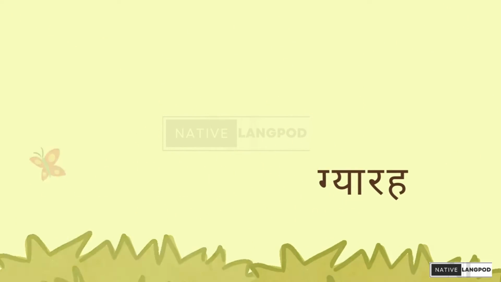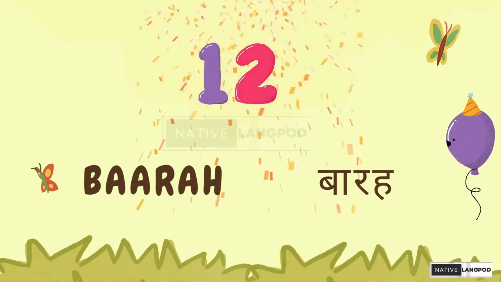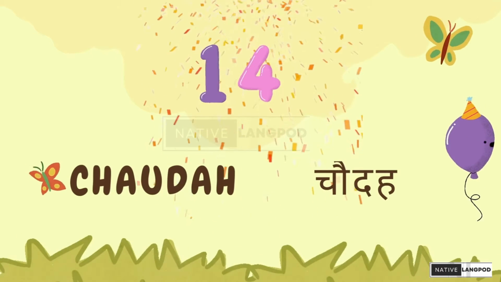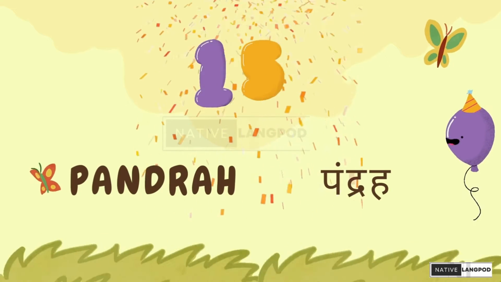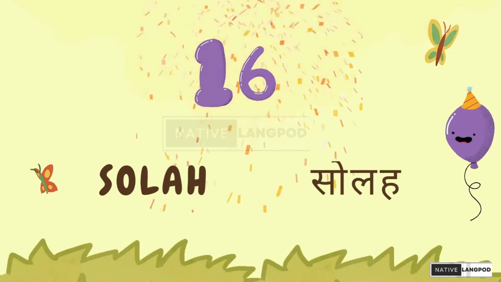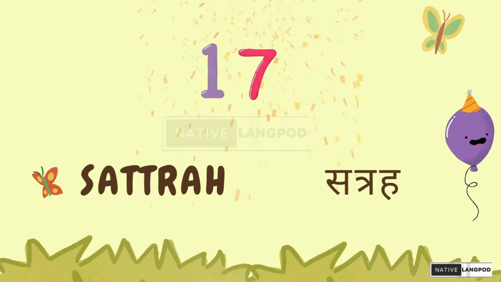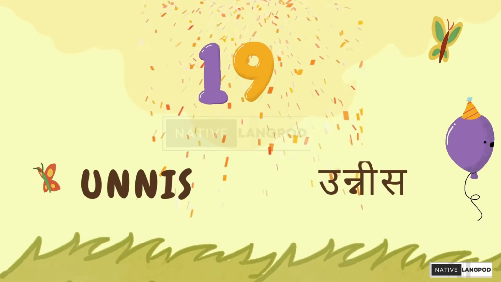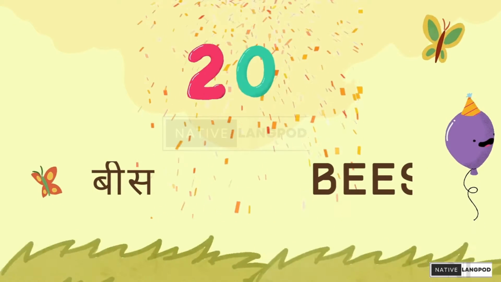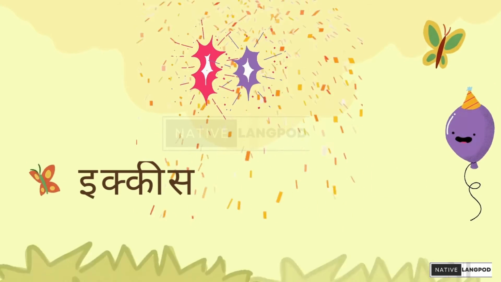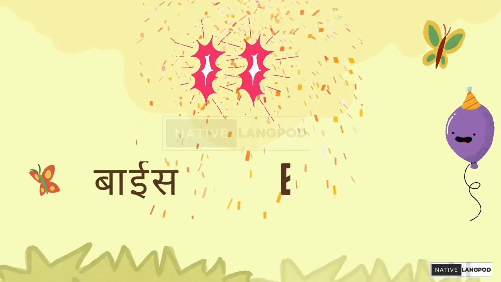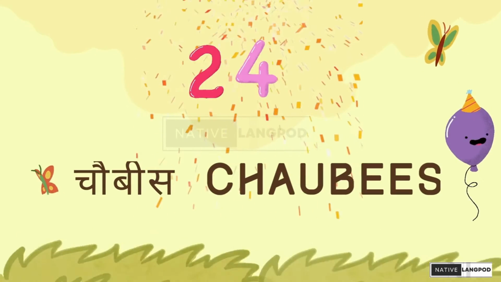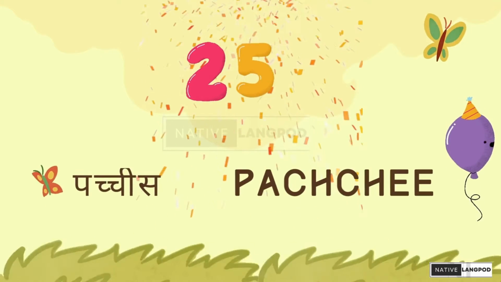11 is ग्यारह। 12 is बारह। 13 is तेरह। 14 is चौदह। 15 is पंद्रह। 16 is सोलह। 17 is सत्रह। 18 is अठारह। 19 is उन्नीस। 20 is बीस। 21 is इक्कीस। 22 is बाईस। 23 is तेईस। 24 is चौबीस। 25 is